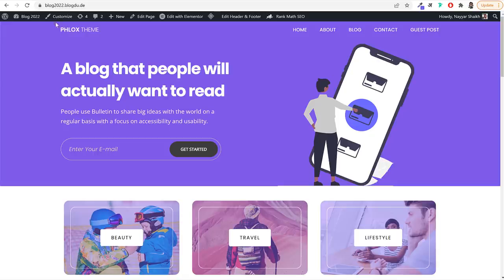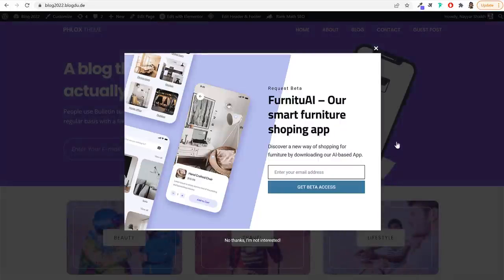Now first of all, let's refresh this page. Once you refresh this page, you can see we are getting this pop-up. As I said earlier, I'll show you how to create these beautiful pop-ups for absolutely free. One more thing I forgot to mention, we'll be using only free resources to create this entire website. So whether it is the theme, plugins, or pop-up builder, everything is absolutely free. We'll see how to create these kinds of pop-ups to get more email addresses